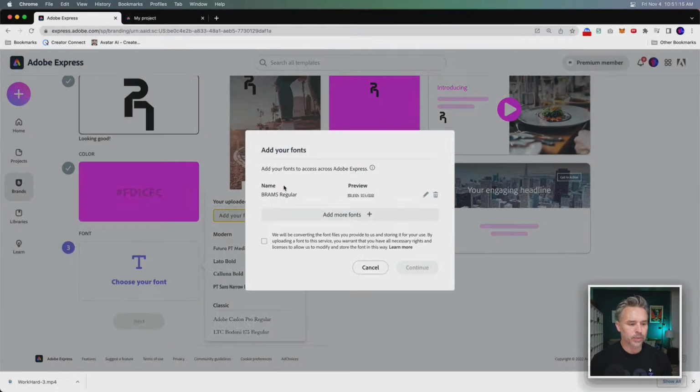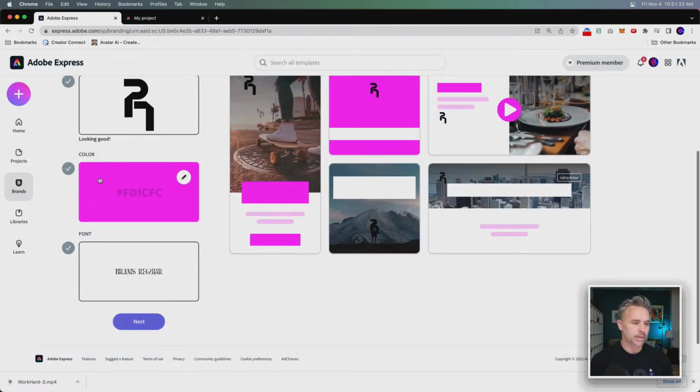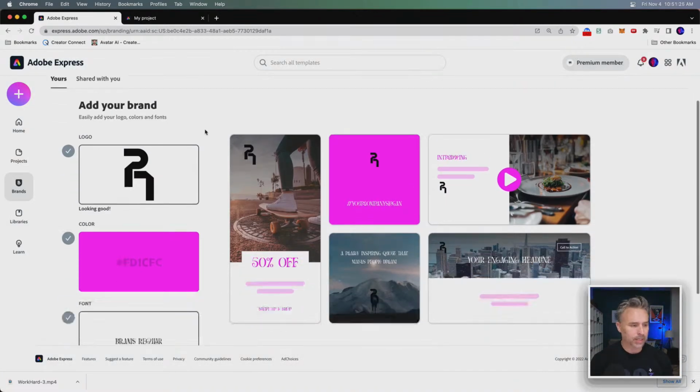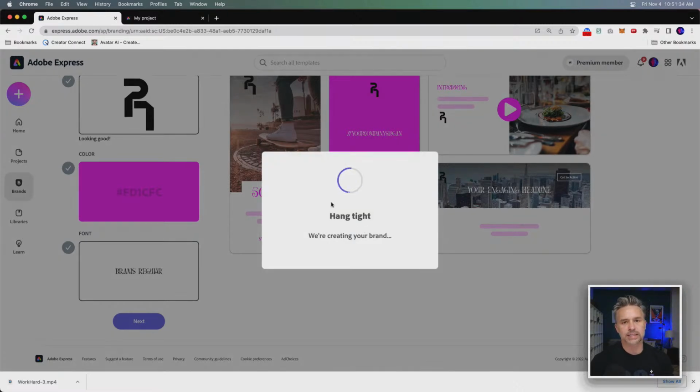Oh yeah, Brams is going to be the font we use, and now we have that almost set up as soon as we name it. There we go. Here it is. Let's go next. PT brand. There we go. Done. Do this once and you're good to go.